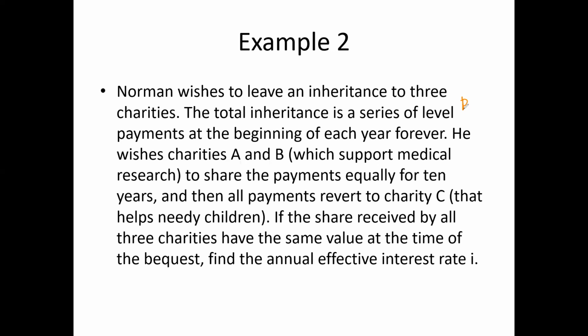P is the total amount paid to all of A, B, and C. A and B share the payments equally for 10 years. So for A, we have a payment of P over 2,